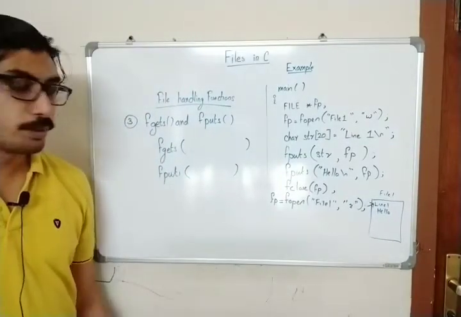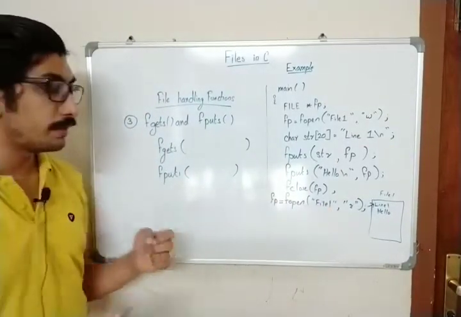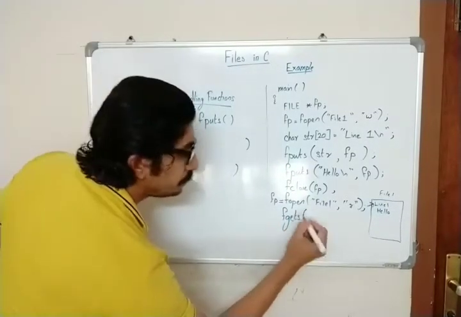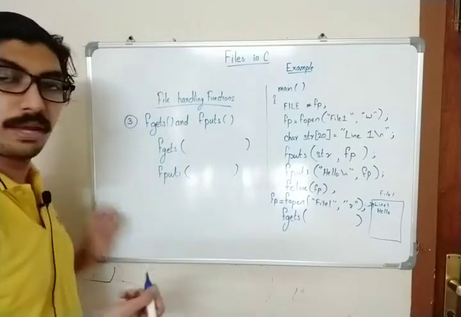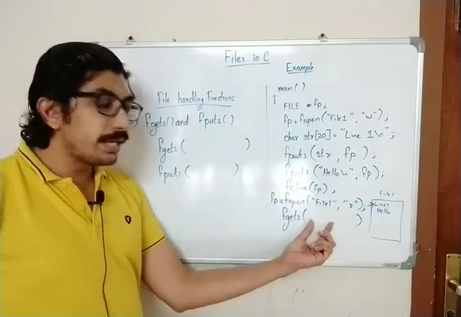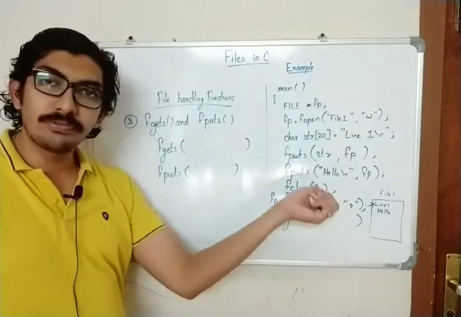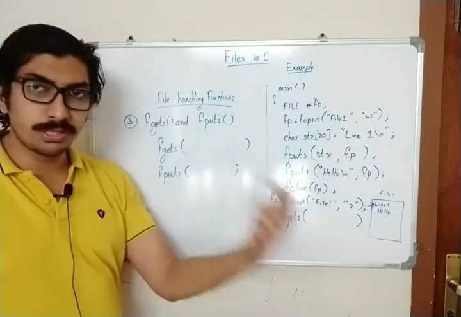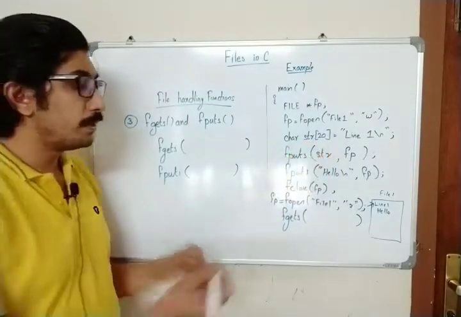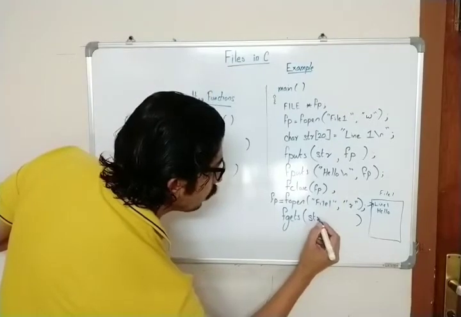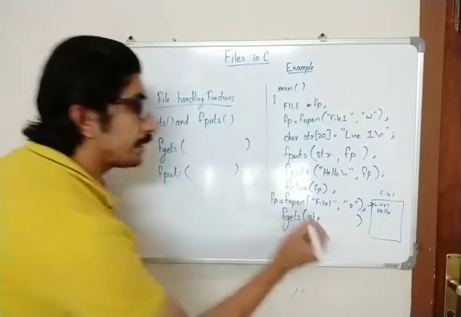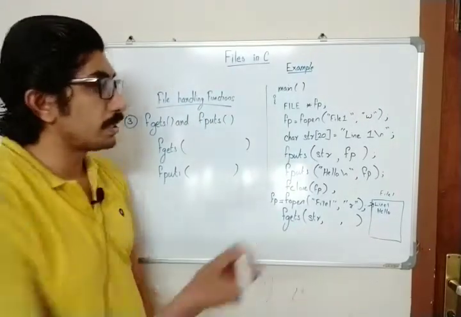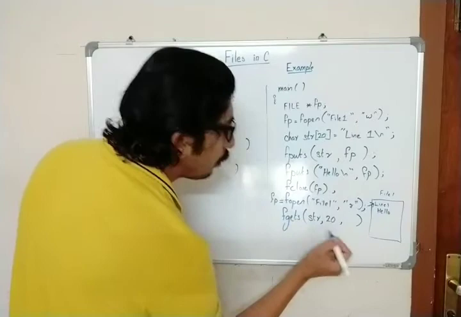Now you have to read that content. To read from a file, you will be using fgets. It will have three parameters. One is where it has to be stored. You will be reading something from the file, so where do you have to store it? I already have a character array. You can use another array, or you can use the same variable. So I am saying you have to store the content in str, and there is an additional argument when compared to fputs. Here we have to tell the maximum size, so it will be 20 over here.